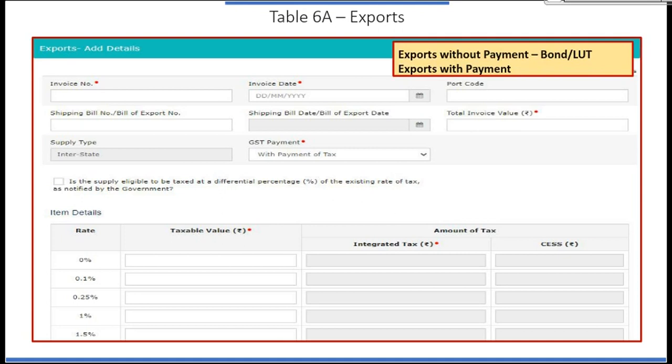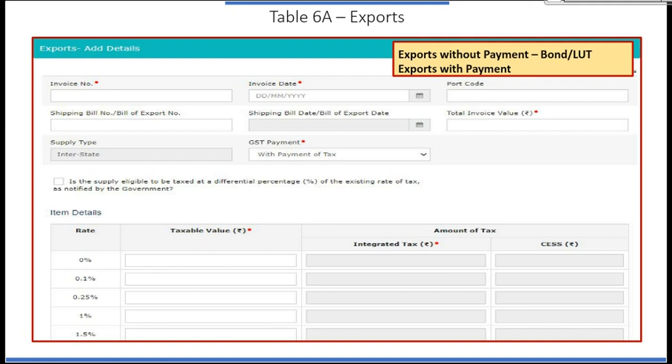If I go into the GSTN portal and apply for LUT, meaning letter of undertaking, then I can make an export without payment of GST, and I am eligible to claim refund of input tax credit. I also have the option of not obtaining LUT, or even after obtaining LUT, I can make exports with payment of tax.